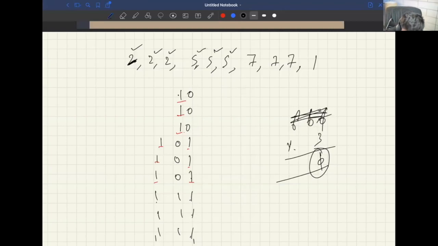Would this work for the previous example as well? Yes, it would work for the previous example, but if the number of repeating characters is even, you just need to do an XOR. That's it. This is the approach for odd numbers, but it would work. Okay, let's move forward then.